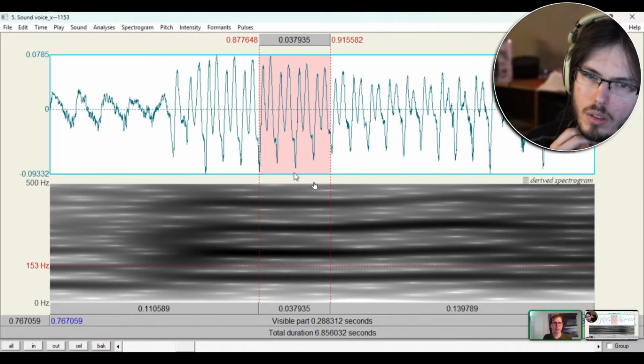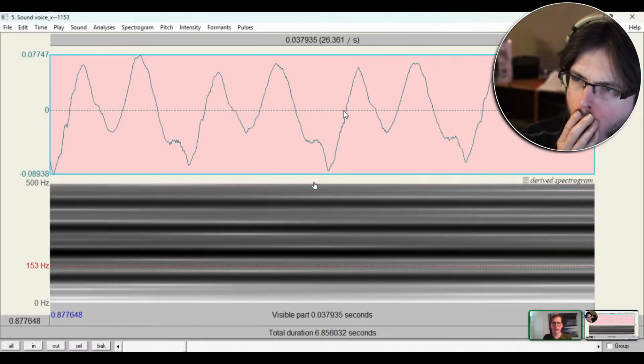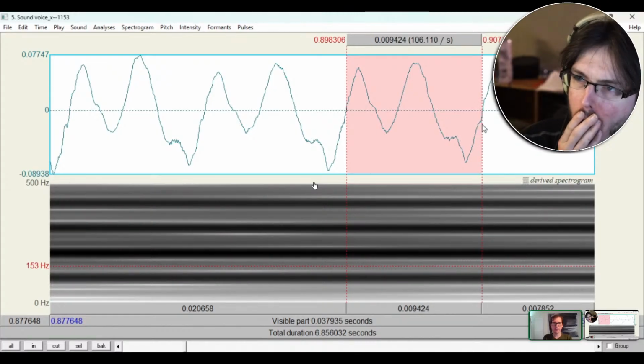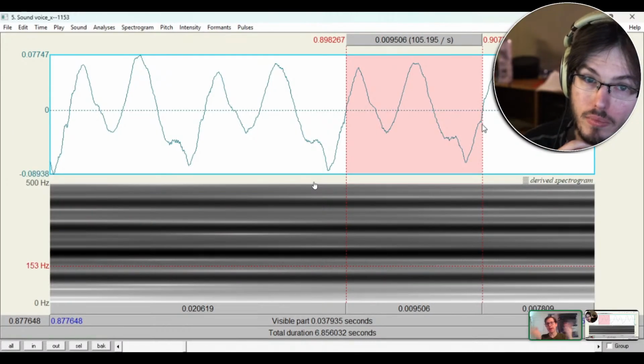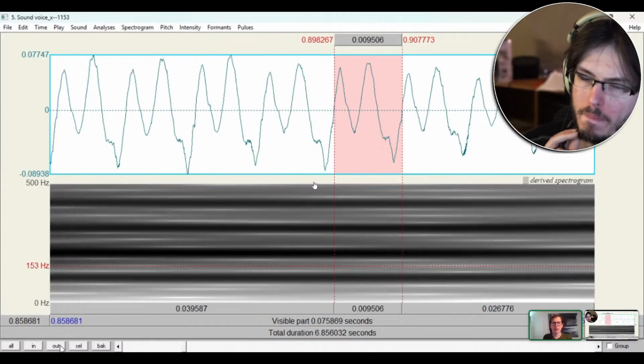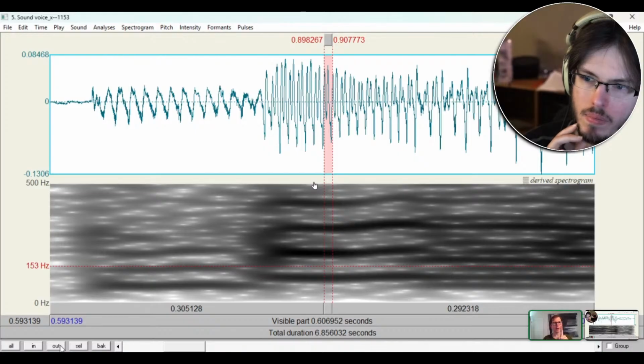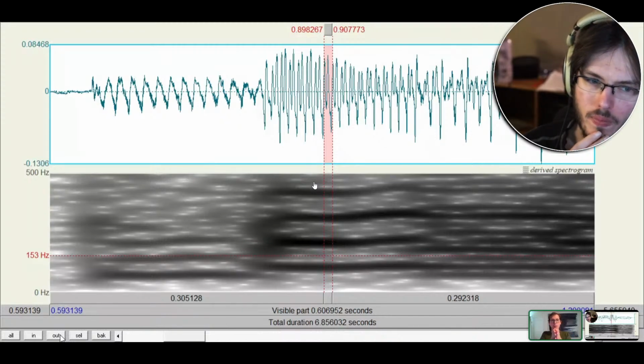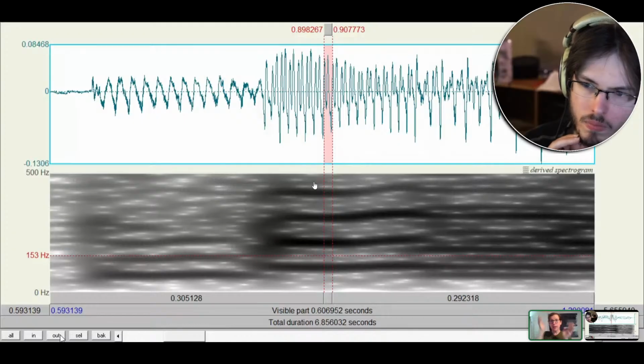And if we zoom in here and measure the length of one cycle and do some math to find the frequency, and the program does the math automatically, we're looking at about 105 hertz. So this beatboxer, as they're warming up and getting in gear, is getting their vocal folds vibrating at about 100 hertz. We're going to assume that when they start doing vibration bass next, their vocal folds are still vibrating at about 100 hertz. There's going to be some changes probably, but we're going to assume that it's just about that.